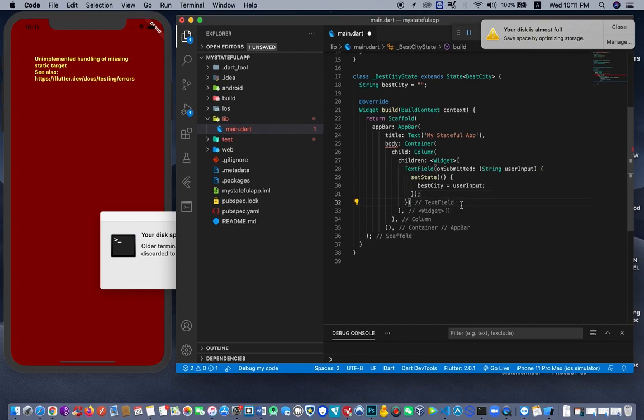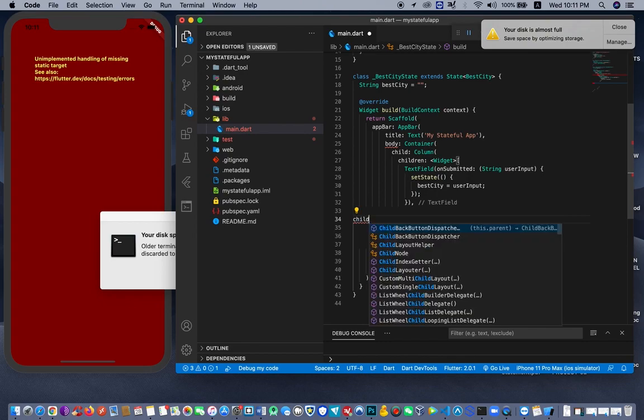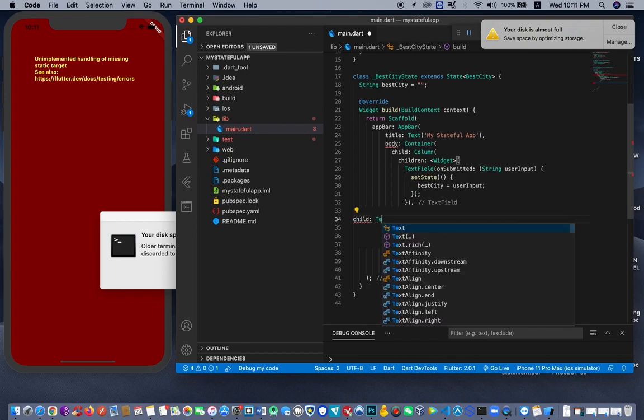So after the test field here, let's first have a child, and that child will be a test widget. And inside the test widget, we'll only display what we want to append to what we'll be receiving from the input, and that should be